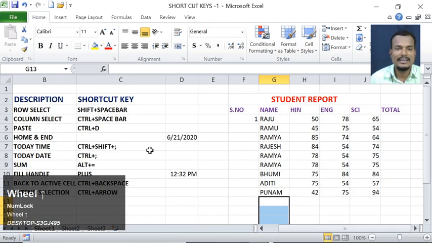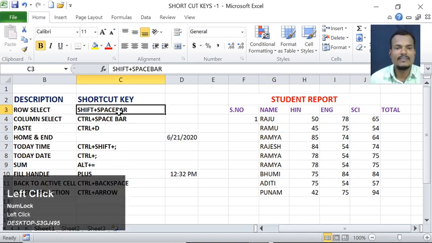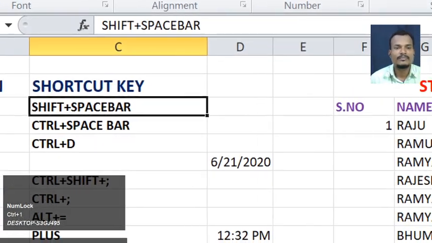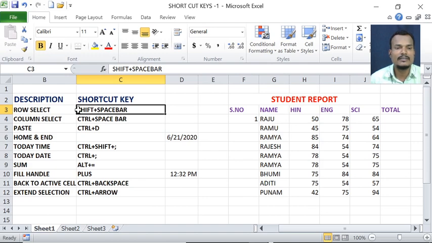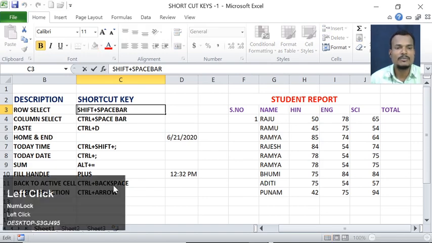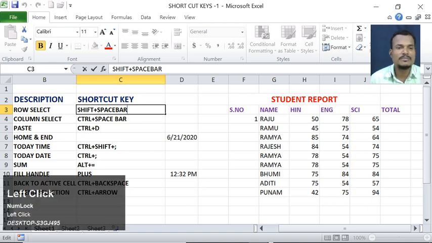Home and end. See here, for example, you observe here. Suppose the cursor is here, that means in the cell at the starting point. If I want the cursor at the ending point in the cell, by using the mouse we have to keep the cursor here and click like this. You know this procedure.